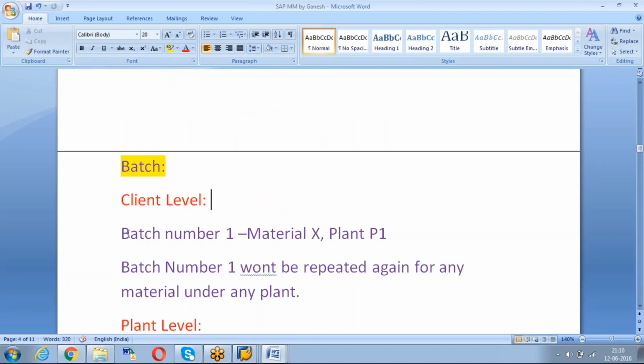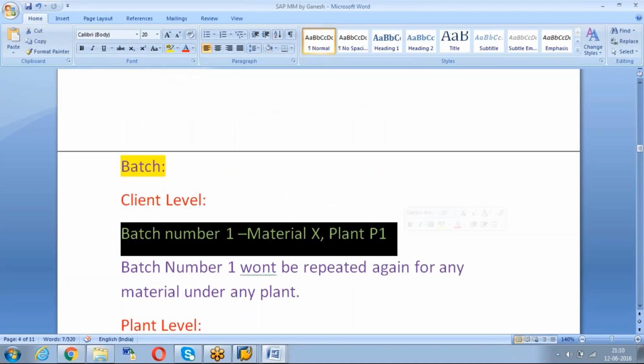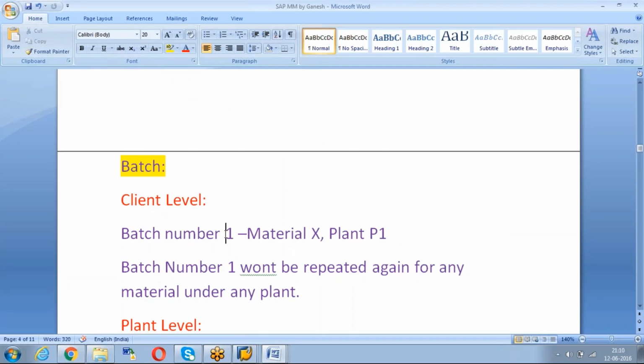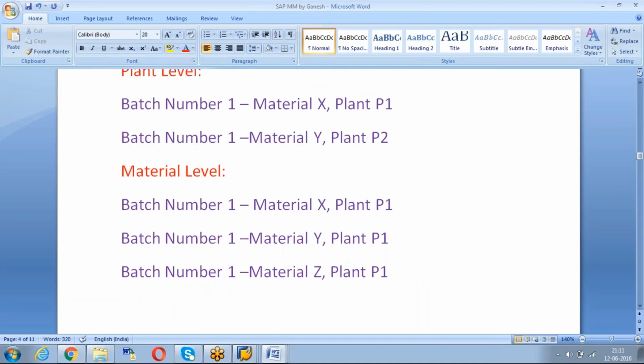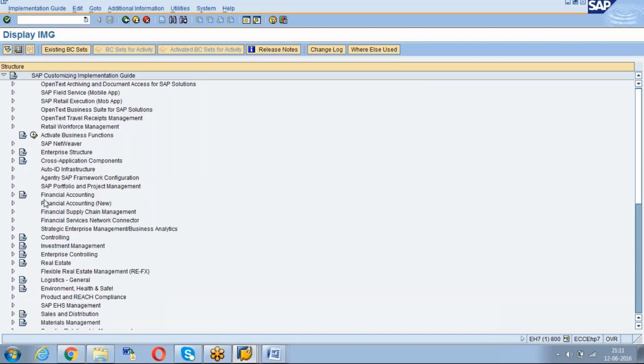But in case of client level, today you created your material X with batch number 1. After 1 month if you create, it may be 1000 or 2000, because that's a client level, right? Every material, every plant, every day, many batches will be generated. That's why batch number 1, then the next batch may be some 600, the next batch may be some 800 like that. Okay, that we decide here in the logistic general.